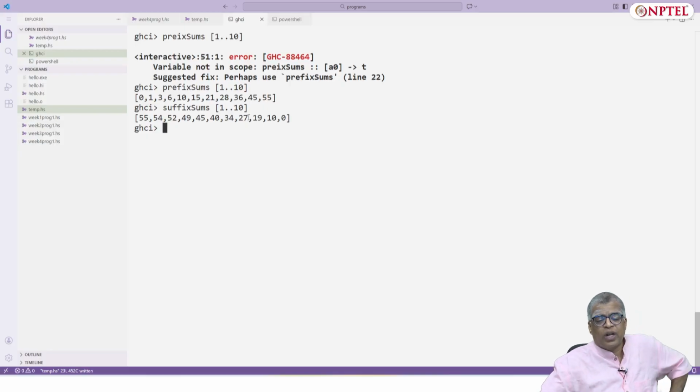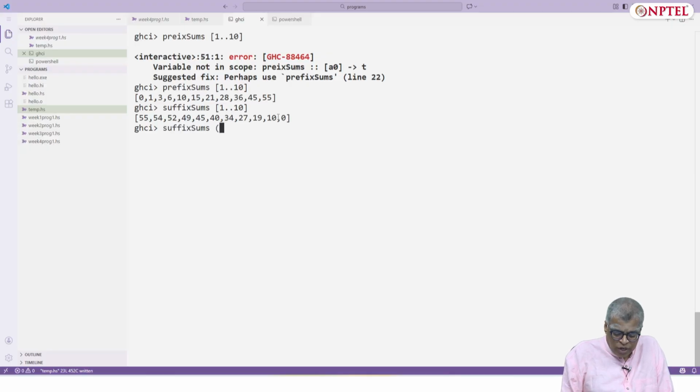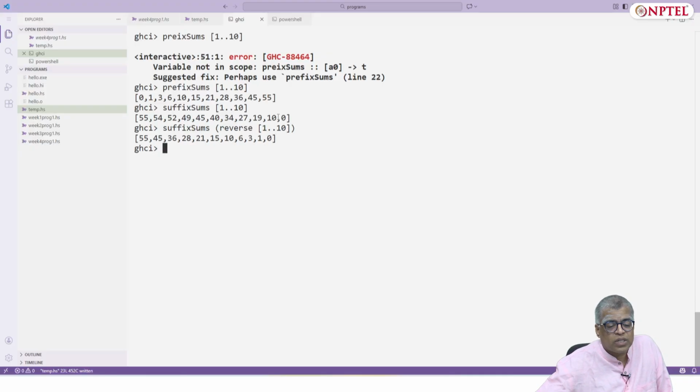Finally you have the empty suffix whose sum is 0, and the suffix 10 has sum 10. Suppose I did suffix sums of the reverse of 1..10, that's actually the reverse of the prefix sums.